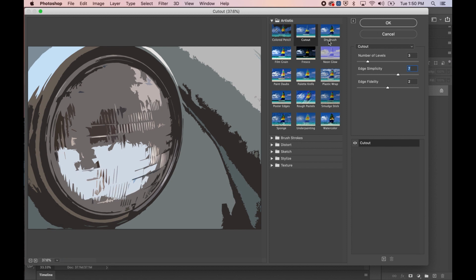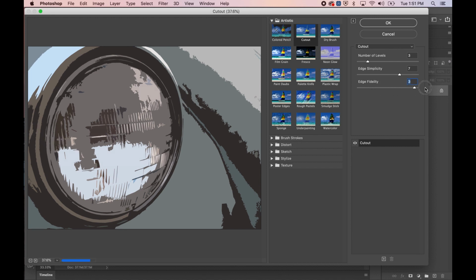At a certain point with the cutout filter, I'm observing that it almost begins to feel like a cartoon, or a poster. If I were to create a poster design using this source photograph as source material, this could be pretty interesting as a poster design. At a certain point, with edge fidelity too low, that might make it a little bit too broken down, a little bit too